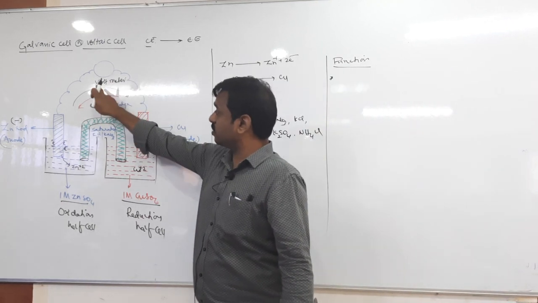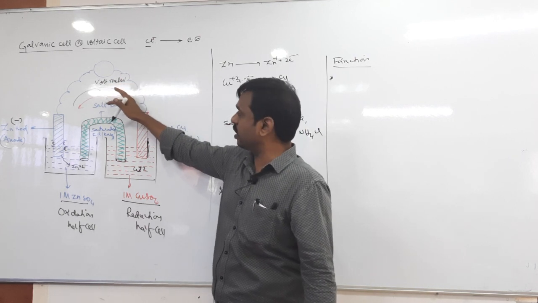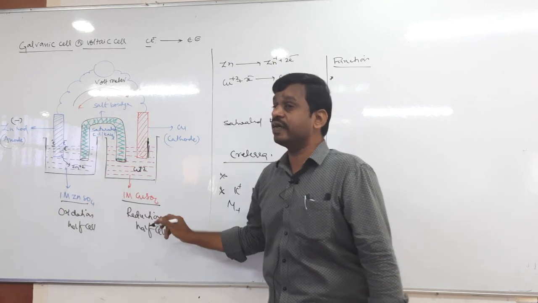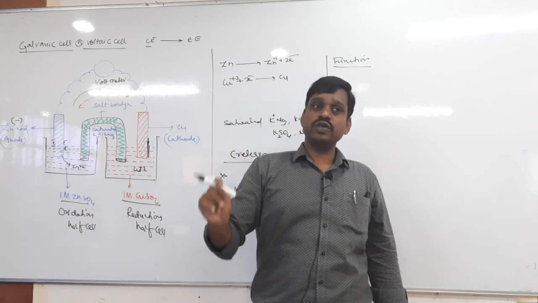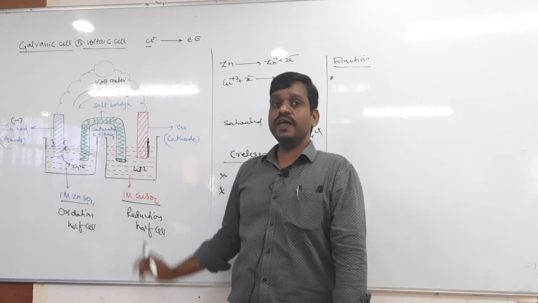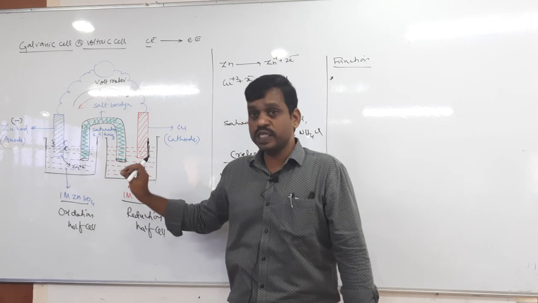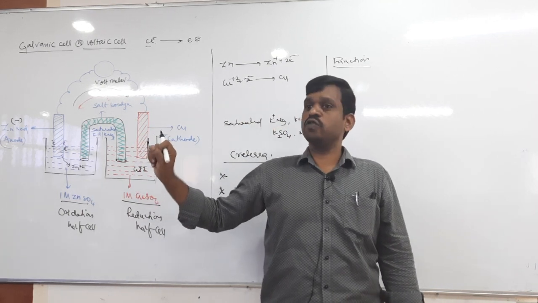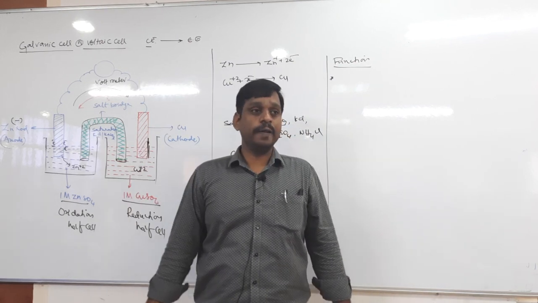No, externally it is connected by what? The voltmeter. This voltmeter connects the circuit externally. But how is the circuit completed internally? It's because of the salt bridge. Therefore, first, the salt bridge completes the circuit internally. For example, if there is no salt bridge, can you expect the completion of the circuit? No. That means there is no flow of electrons. Therefore, it completes the circuit internally.